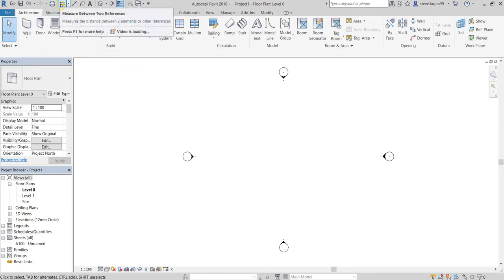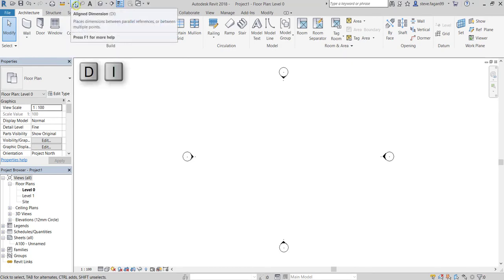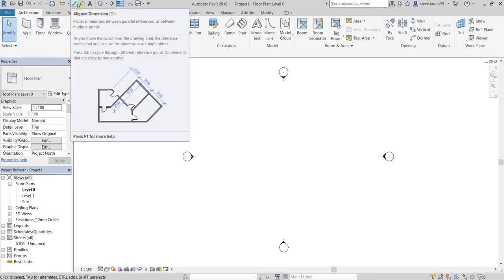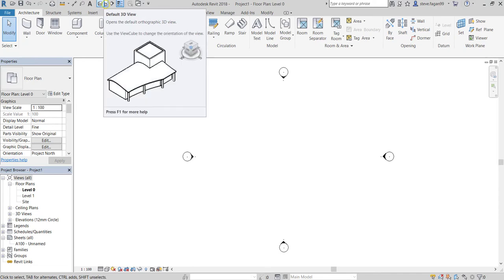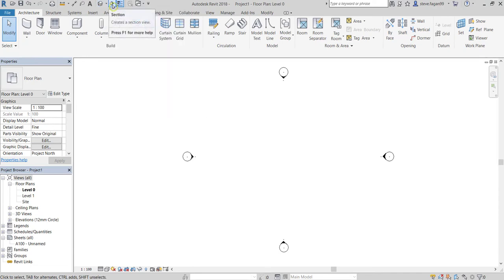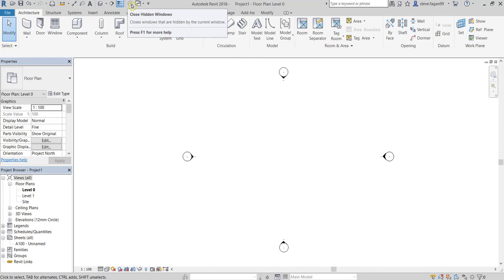Then I have my measurement tool, which will measure between 2 points, my dimension tool, I can tag a category, add some text. This little 3D house here, that will bring me into my 3D view. I have a section view, thin lines, close hidden windows, and switch windows.